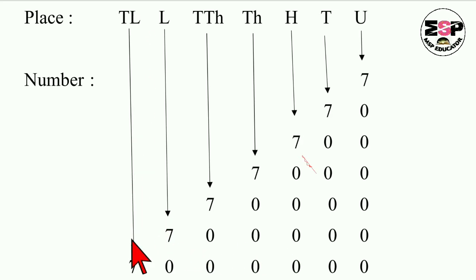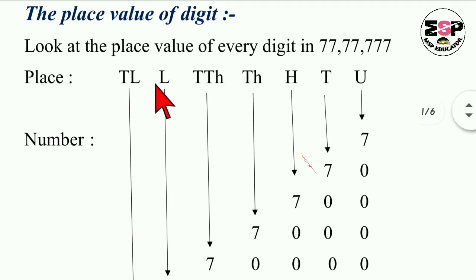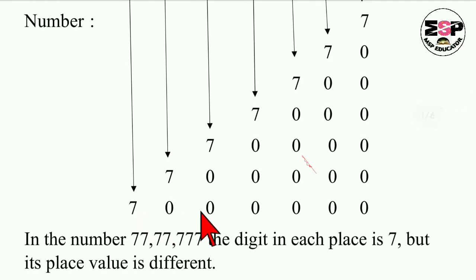Now the 10 lakh place. Again put 7 under the 10 lakh place and count the places which are present to the right of the 10 lakh place: 1, 2, 3, 4, 5, 6. So after that 7 you are going to put 6 zeros. Yes, then it will be a 7 digit number, as we know that the 10 lakh place is a 7 digit number. Now children, you understood these place values very well.